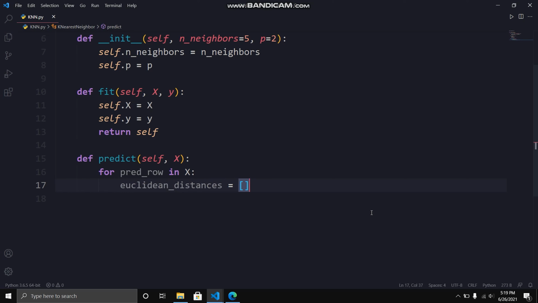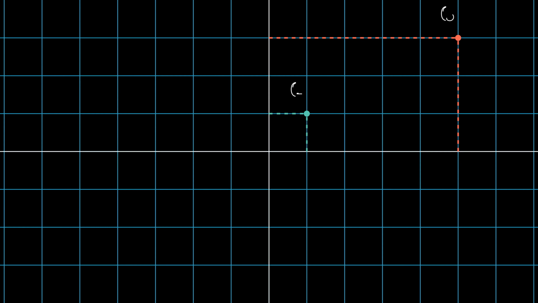But how do we calculate the distance anyway? Imagine we have these 2 points, the first on coordinates 1, 1 and the second on 5, 3, and we'd like to find the distance between these points. Firstly, we will calculate the distance between these points along the x-axis. For that, we will subtract the x coordinates of these points and we will get 4. We will do the same for the y-axis.